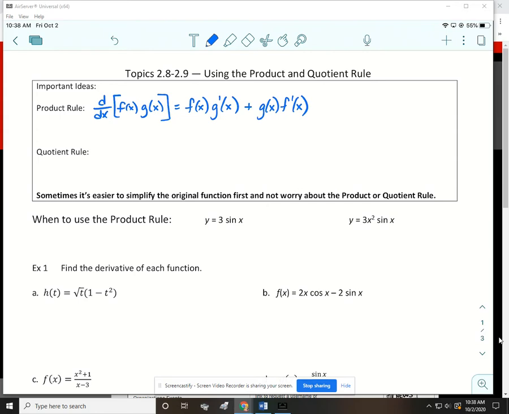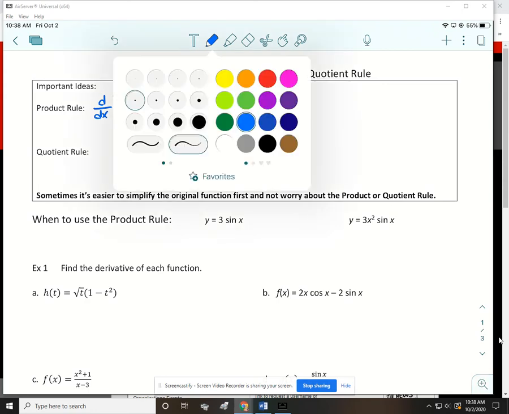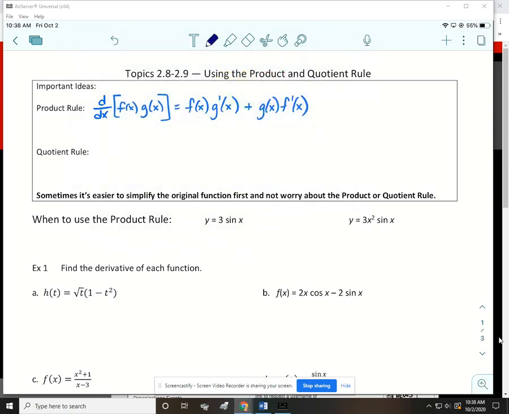Now, it's a little easier to remember, and because it only involves multiplication and addition, if you get the order mixed up, it's fine, because you're multiplying and adding, and so it doesn't really matter on the order. The quotient rule is just the opposite. Order absolutely matters. So if we want to find the derivative of a quotient,